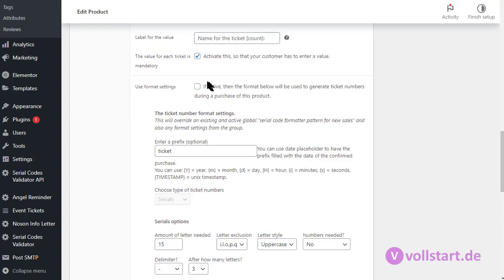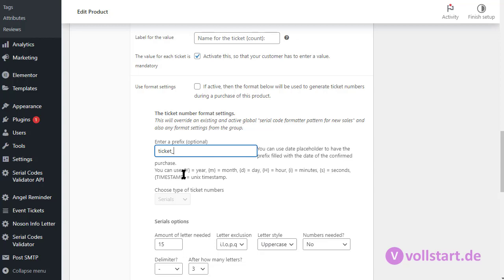Then, like I said, you can override the global setting for the ticket number format. Just activate this in here, add a prefix, optional. Better is to have something like this, or if you go with delimiters, to have something like this there. And I prefer this one.